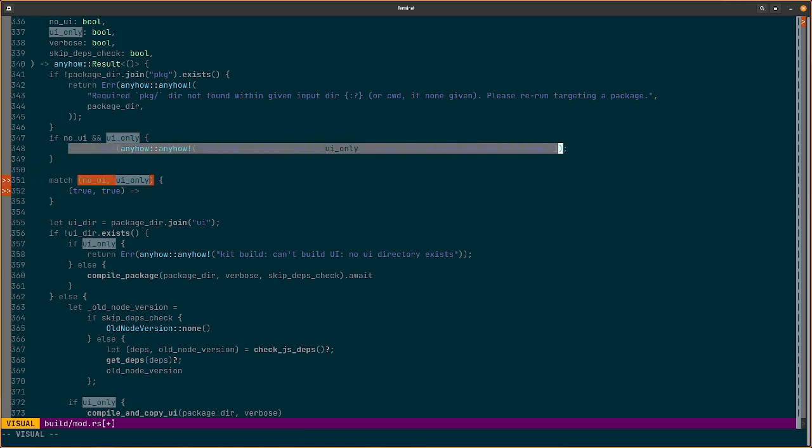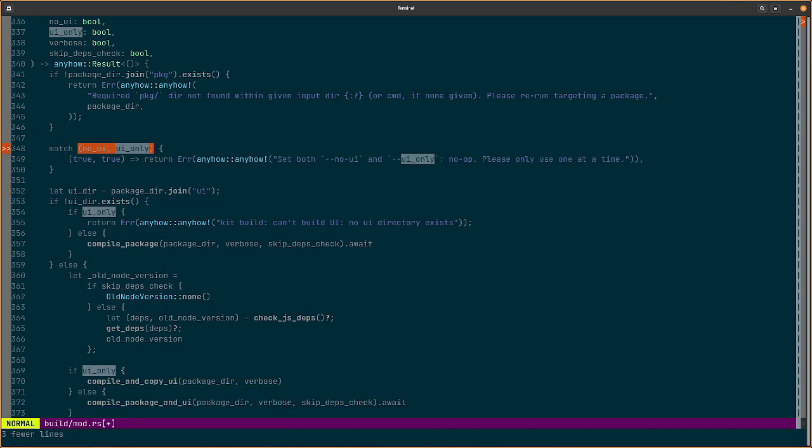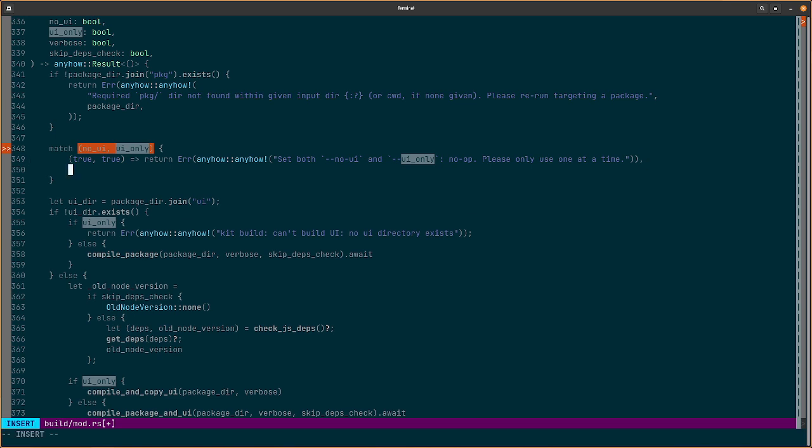And then we just have to populate the other cases, right? Yeah, so I guess we can just enumerate.